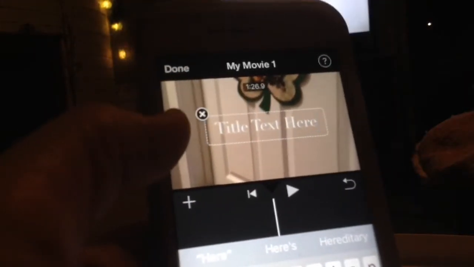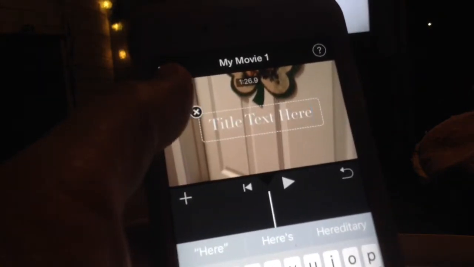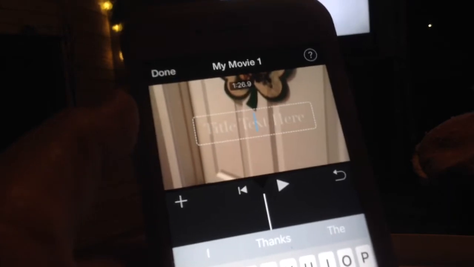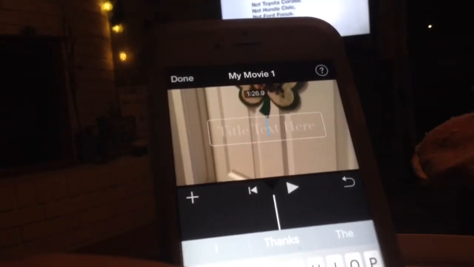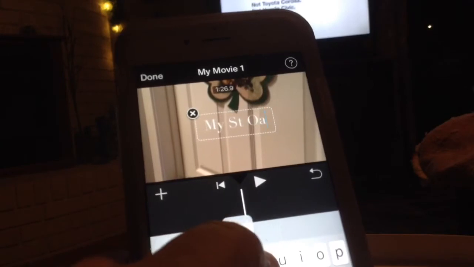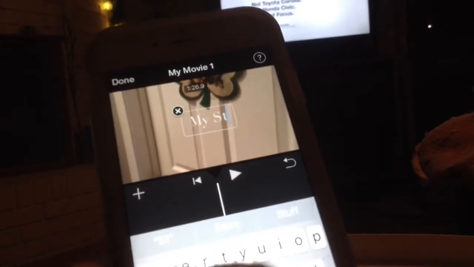So let's do focus. So what you want to do is click on the text, so you can highlight the text box. But then you want to, hold on, let me adjust here for a second. Okay. So then you want to X out. You want to click that X. Otherwise, it'll start typing at the end, and it'll say title, text, whatever you're trying to say. So you want to X out of there, and you want to put